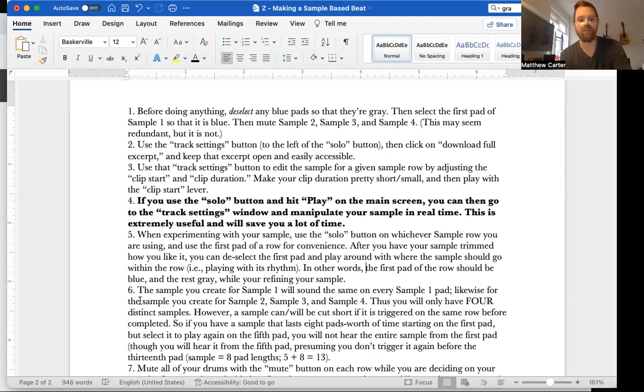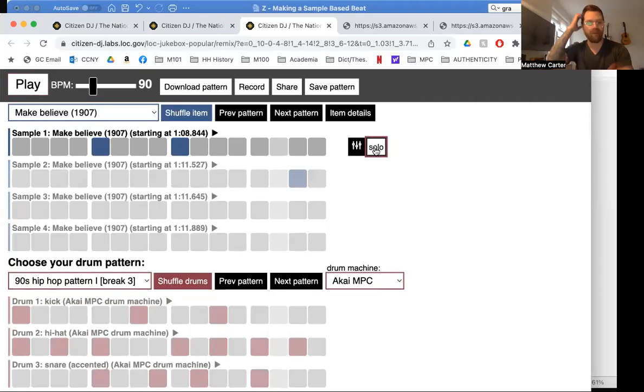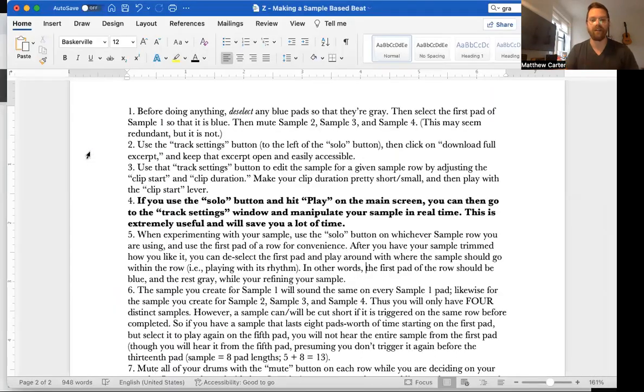Now, number 6, the sample you create for sample 1 will sound the same on every sample 1 pad. We just saw that. Listen again. Let's just solo this. Solo means that's the only thing you're going to hear when you press play. It doesn't matter if I put it on pad 1, pad 3, pad 6, it's going to be the same sample. It just comes in at a different time. And likewise for sample 2, sample 3, and sample 4. Thus, you'll only have 4 samples, right? You can put them in different places where they pop up will be different, but you're only going to create